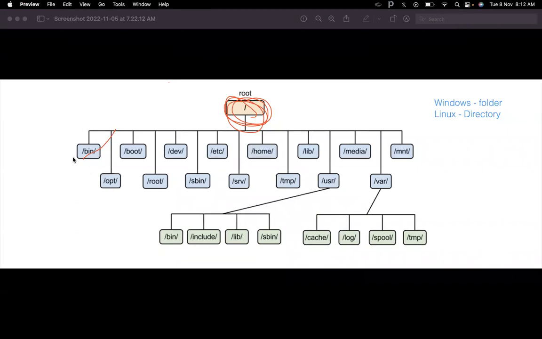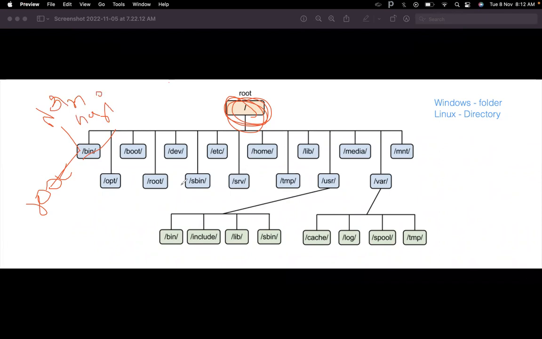So bin is the directory that contains binary commands. It executes for both the root user, who is a super user, and normal users, something like Hari. Root can do anything.